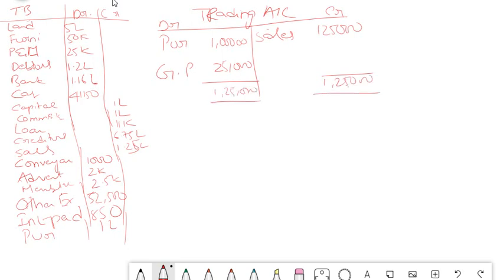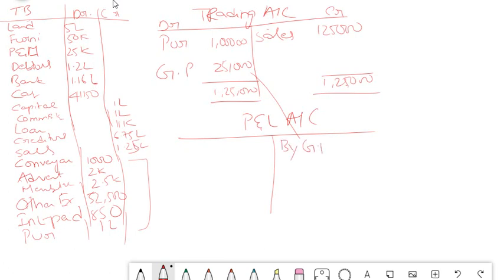It is now matching. If you see all the other expenses, it is not pertaining to trading, because these expenses which I have mentioned here are all indirect expenses, friends. Indirect means which is not related to your production. So you have to take it to your P&L account. After this, the next step is to prepare a P&L account. We will continue the same. So we have gross profit here. So that will be carried forwarded to your profit and loss account.